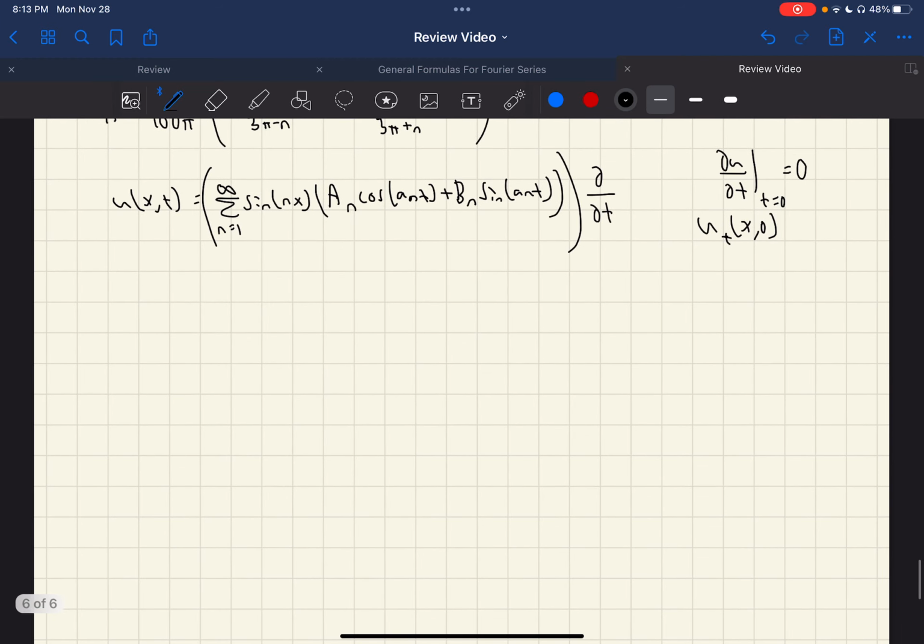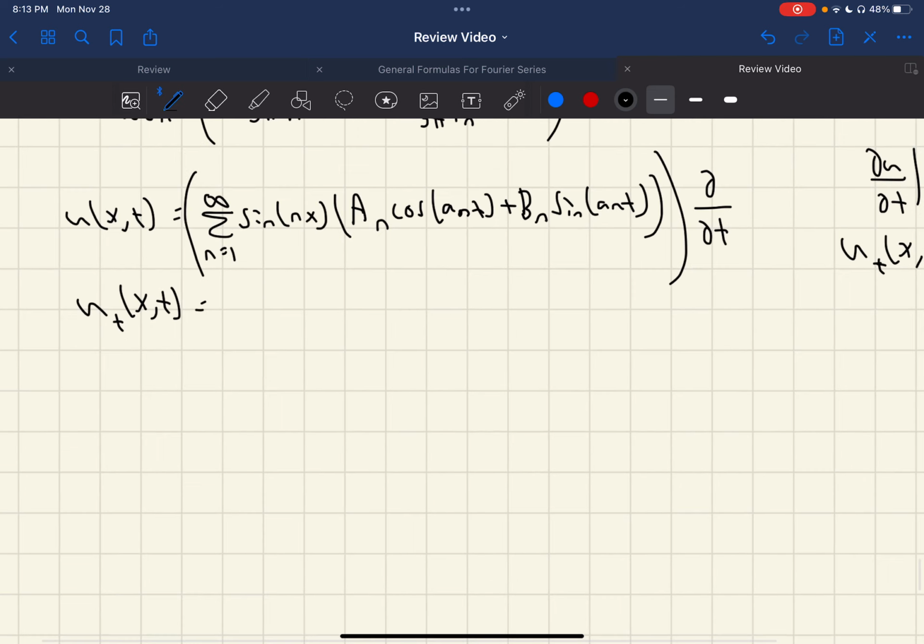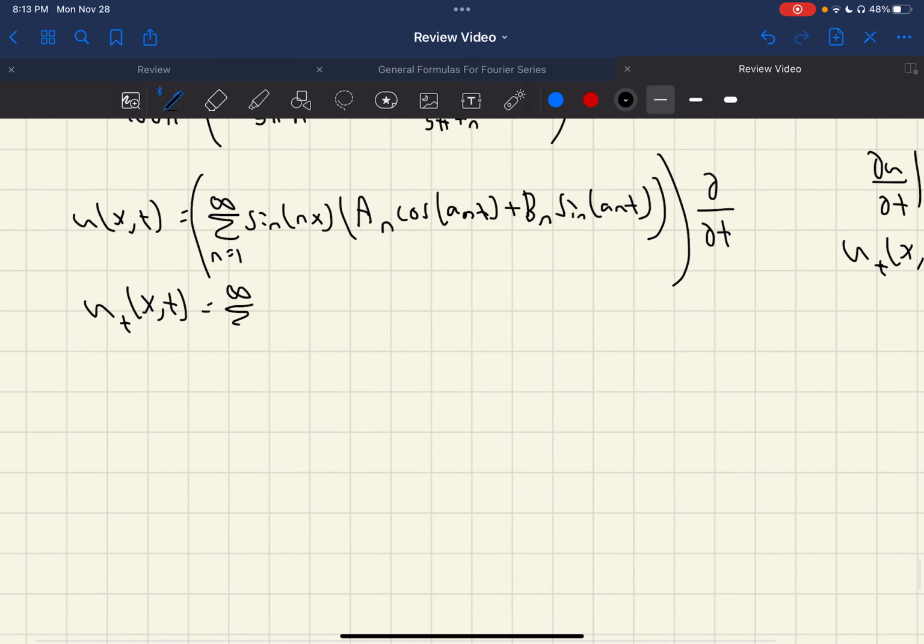When we do that, I'm not going to plug in t just yet. I'm going to do our derivative first. This first sine function doesn't have a t at all, so it remains constant. And then when we do this very big derivative, we're left with